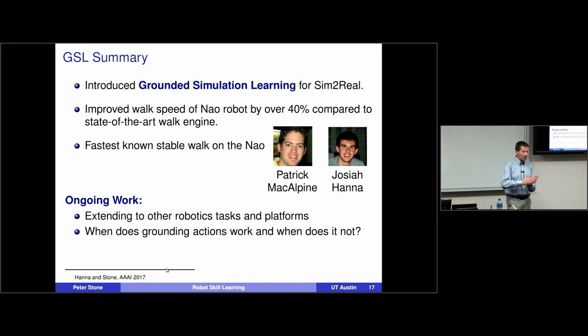So in my past research using the Sony Aibos, which I showed the dogs before, we did learning that was all on the robots with no simulation. In about 3 hours, they got to the fastest walk that anybody had made the Aibo do, again within a parameterized space, using sort of the method you're describing. It just tries a bunch of random perturbations, then it's a little more complicated than just picking the best one. It estimates the gradient of this search space and moves off in that direction.